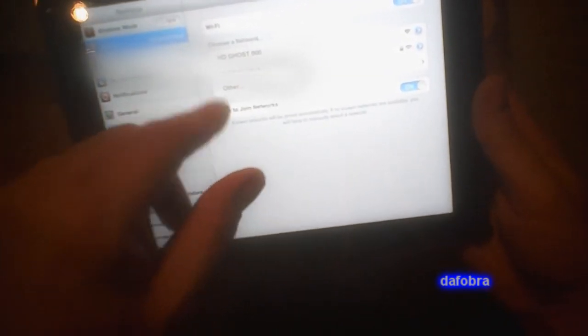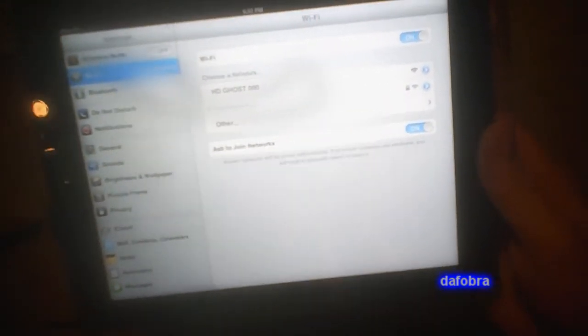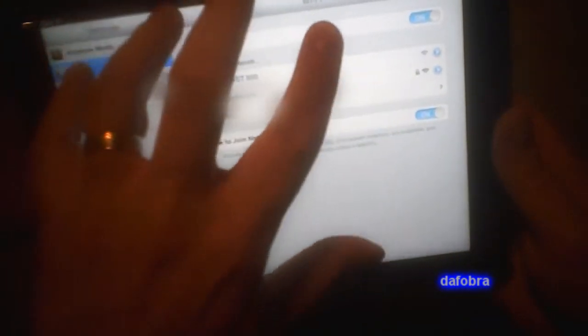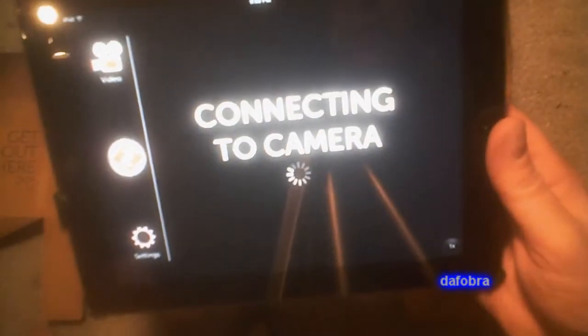What you have to do is go to your settings menu and look for your available Wi-Fi networks. Now, it's going to be labeled HD Ghost 000 on mine. That's how it comes as a default. You can change the name of the wireless network. So I'm just going to click. It'll connect. Once it's connected, click on your Drift app, open it up. It's going to connect to the camera,